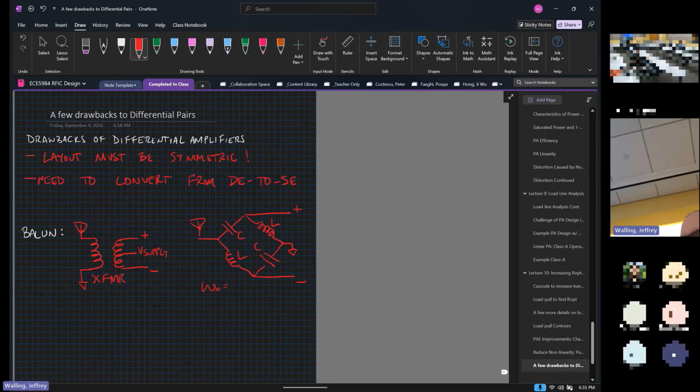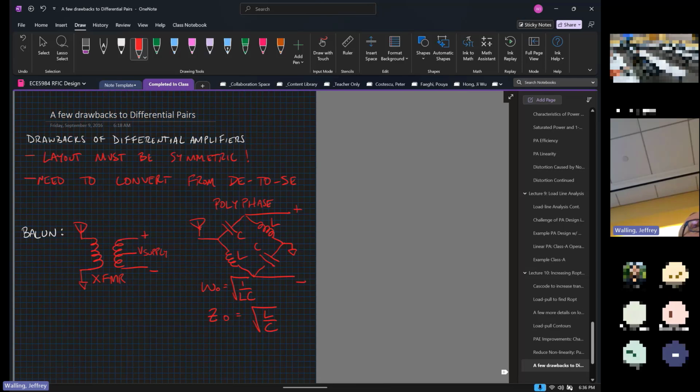Our center frequency here is equal to 1 over root LC. And if we want to do any impedance transformation, we can make the characteristic impedance of this balun equal to square root of L over C. So this is called a polyphase or LC balun. All right. Any questions? So on Wednesday, we're going to start looking at class C,